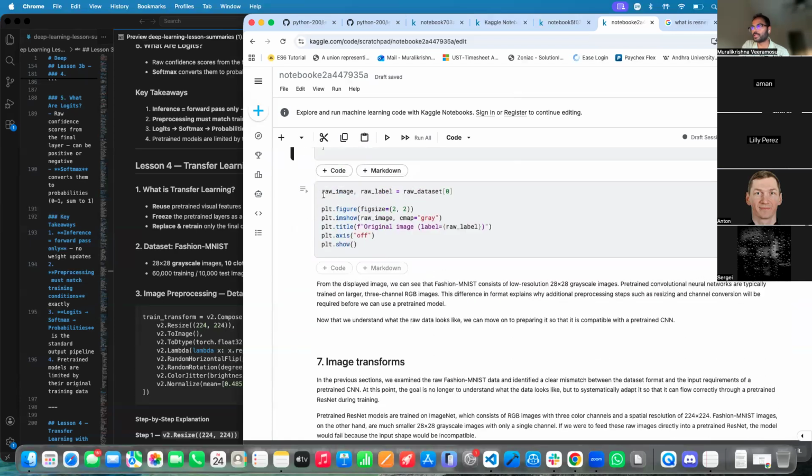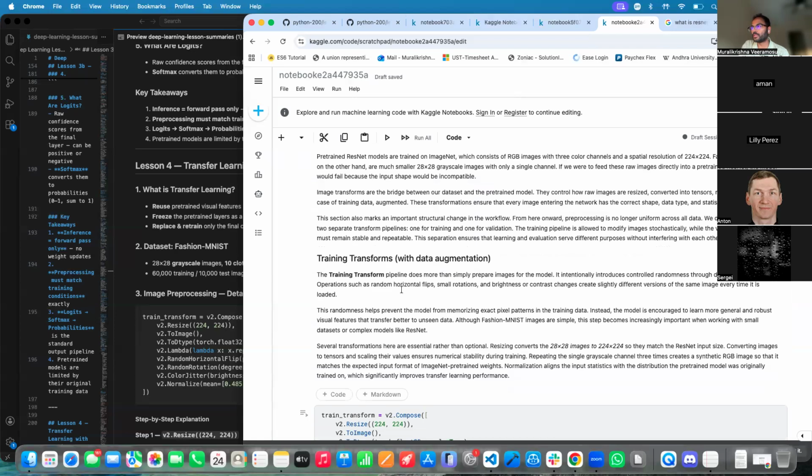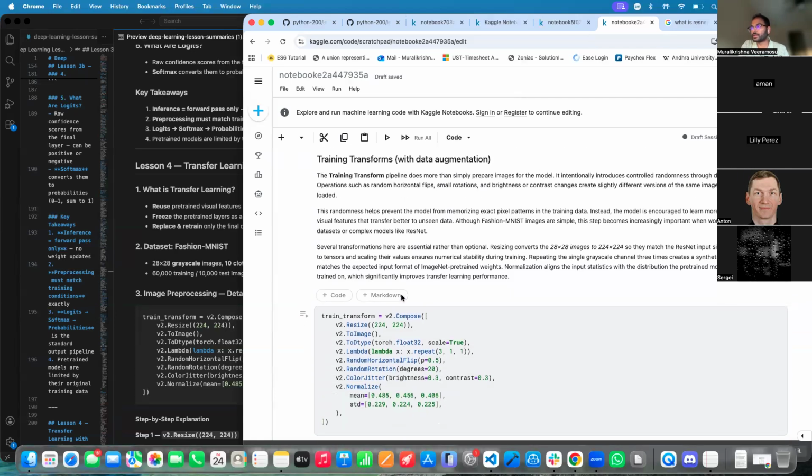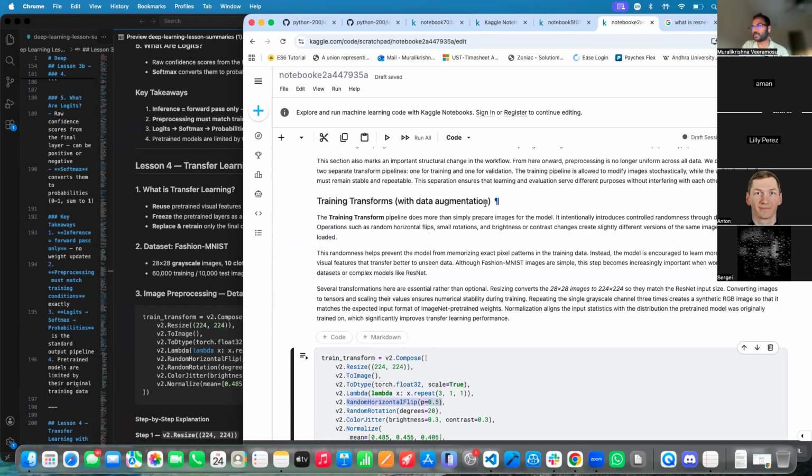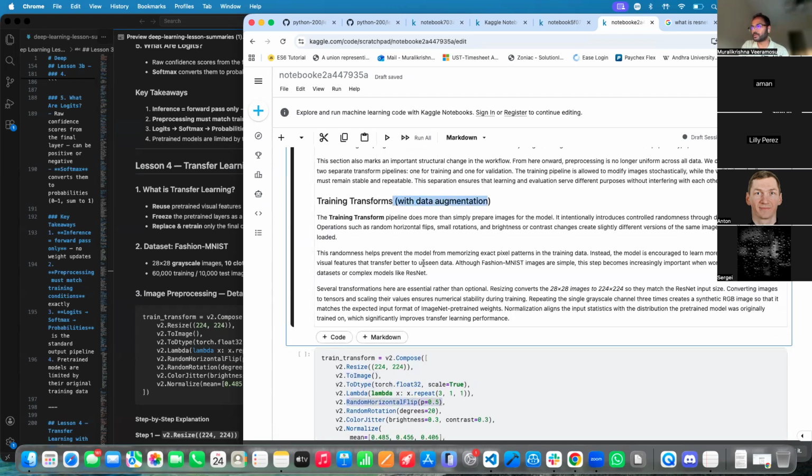And you are loading all the data, then we are augmenting the data. Again, we need to transform the data so that our residual network will understand. Again, we are resizing to 224 by 224, converting it to a tensor, telling the data type. Random horizontal flip is like, even though the image is flipped, it should be able to recognize it correctly. That's why we are doing random horizontal flip. This is basically called augmenting the data,